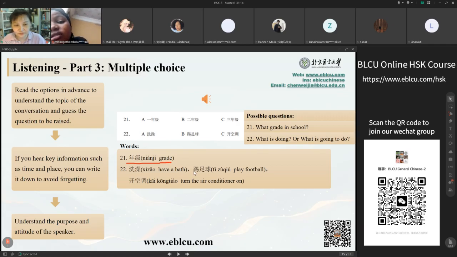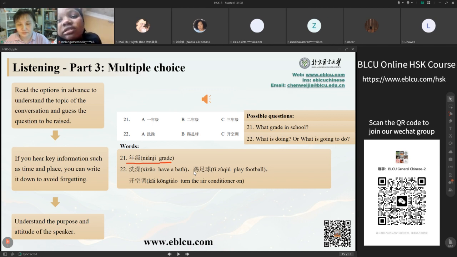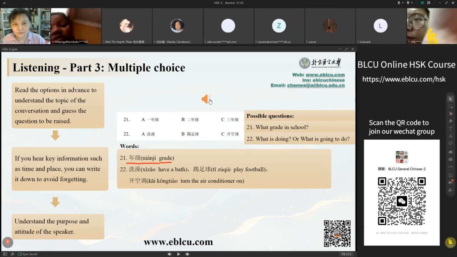现在开始第21题。21， 马老师，您今年教几年级？ 还是3年级，跟去年一样。马老师去年教几年级？